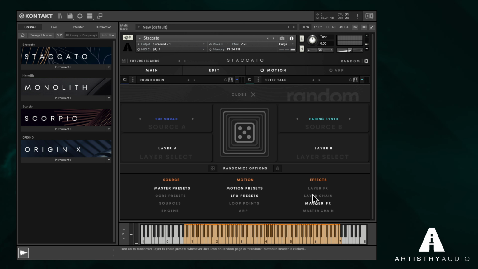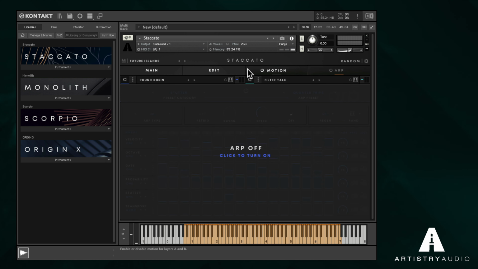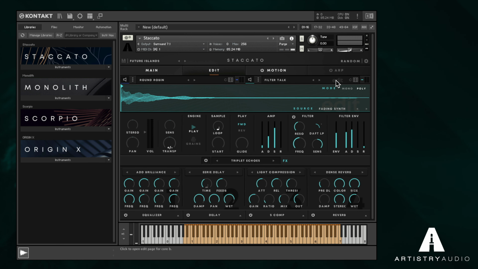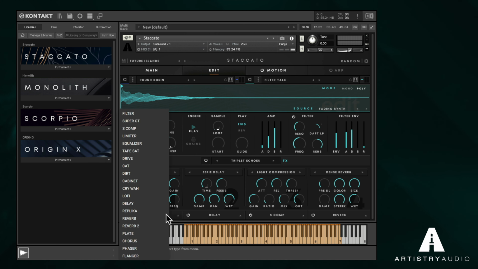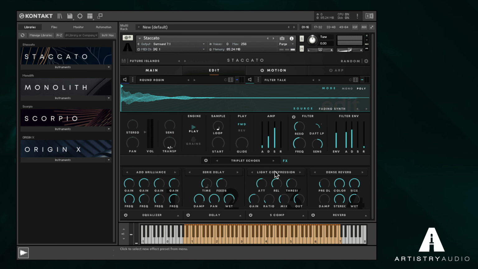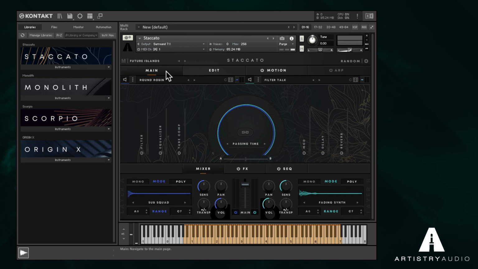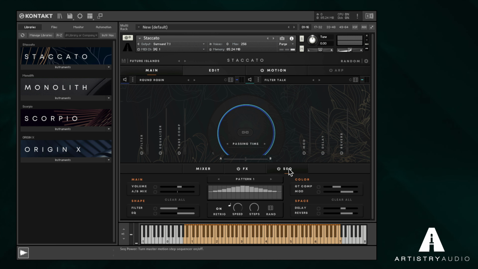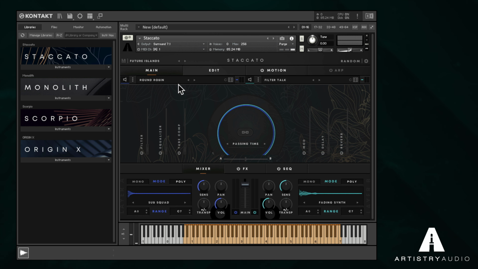aspect of the sound. In this video, I'm going to walk you through some of the most important features of Staccato. This engine really is as complicated or as simple as you want it to be. Maybe you prefer to stick with the main window, using the macros and central knob to adjust the presets, or perhaps you want to really explore the engine, getting into more experimental territory, editing the sound source playback and adjusting motion and arpeggios. Before we dive deep, have a quick listen to some standout sounds, and keep your eye on